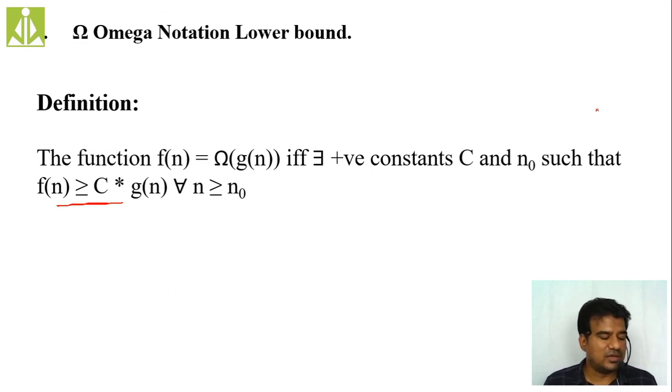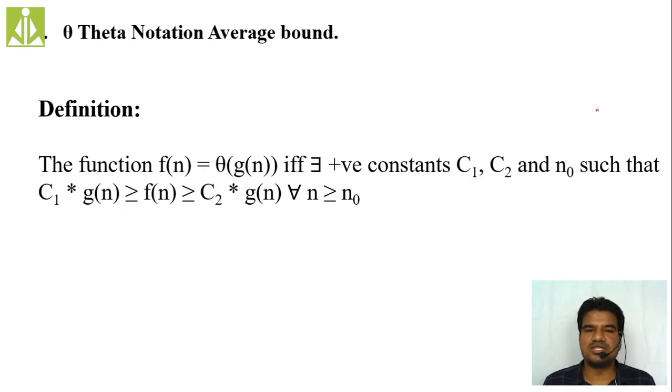Here also we have different examples. In your notes I have given all those examples that you can refer to, where we are taking omega, which functions we are considering as satisfied functions and unsatisfied functions, or lower bound functions and upper bound functions. And then the last one, theta notation. It is to the specific point, neither the upper bound nor the lower bound; to the specific bound we are considering the function value, and we are calling it the average bound.